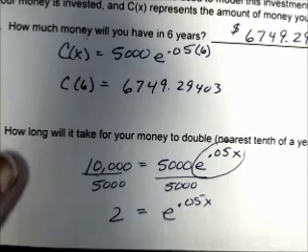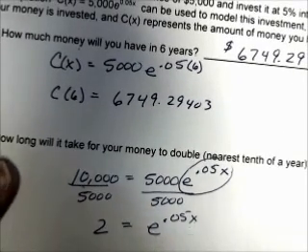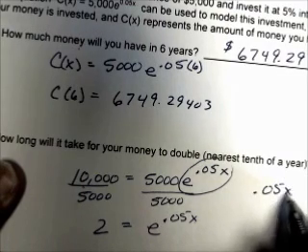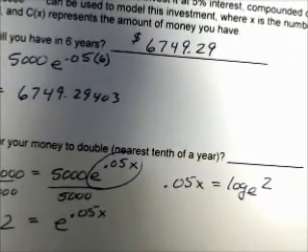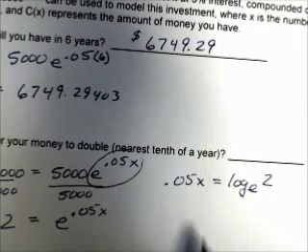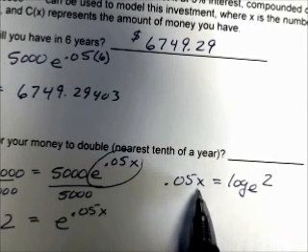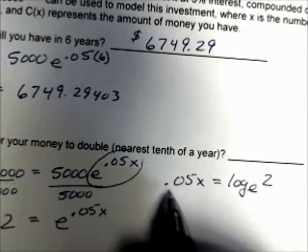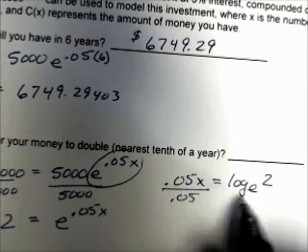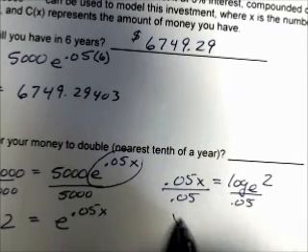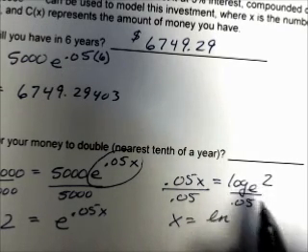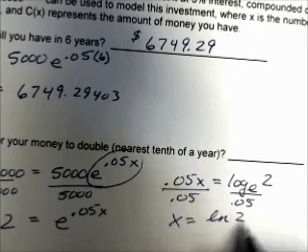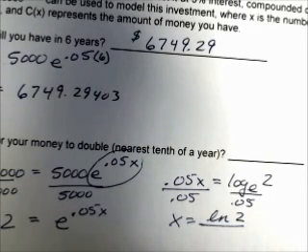So we switch to log form. So our exponent of 0.05x is equal to log base e of 2. Get x by itself, divide both sides by 0.05. So x is equal to log base e, which is the same as ln. Now if you don't recall that log base e is the same as ln, then it's perfectly fine that you key in log base e